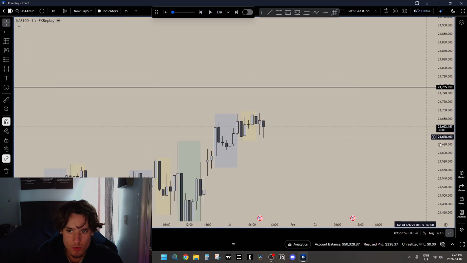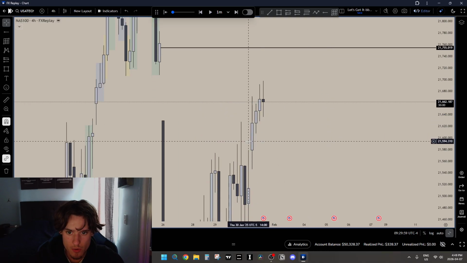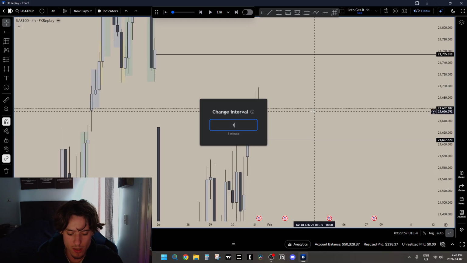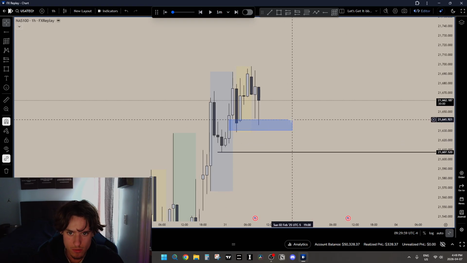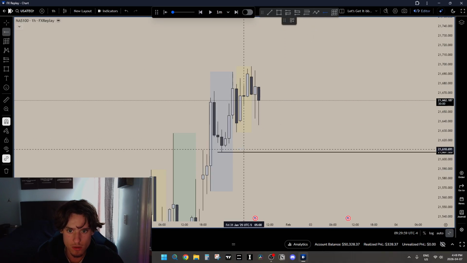Okay, we still have that new week opening gap though that we're trying to fulfill. That was the 4 hour. We have this gap below. So if we do push lower, definitely going to be rejecting off that. Hourly, what are we doing? Rejecting off the hourly right now. But we didn't take out internal lows, so it doesn't really mean anything.